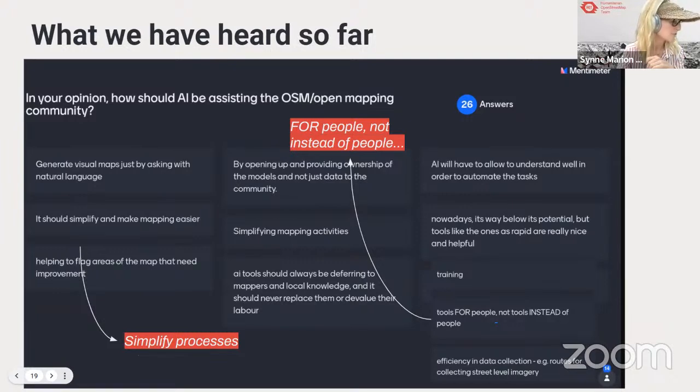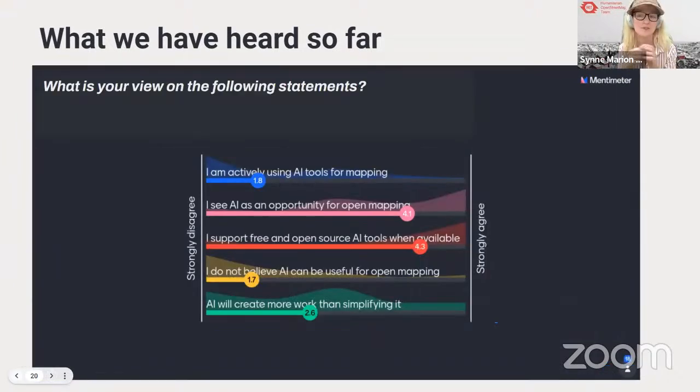There was another interesting takeaway here, and that is what happens next. We have been focusing on buildings and roads. What about, for instance, natural features? That was also something that popped up. And I think this just really shows how valuable it is to keep on having a temperature check in the communities on what makes sense for you, especially with the fast development of AI and technology in general, as we see right now.